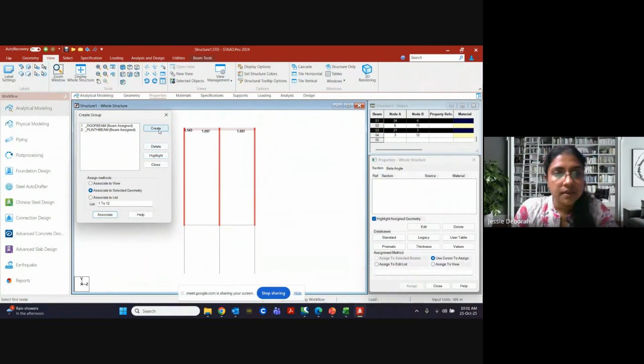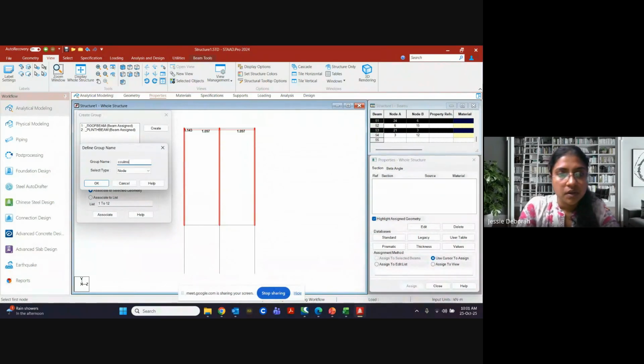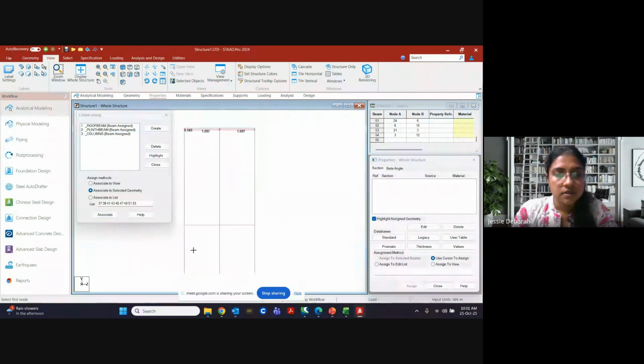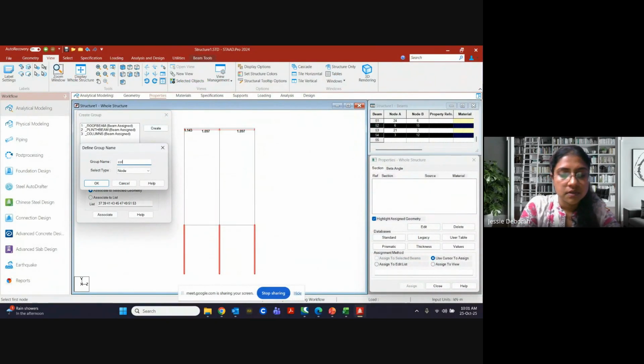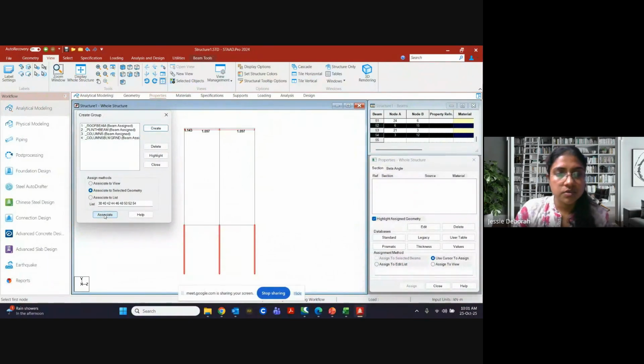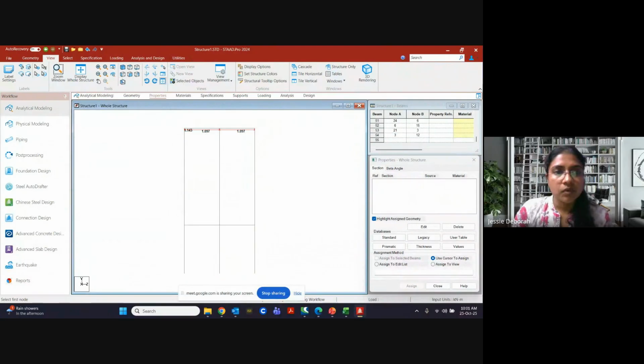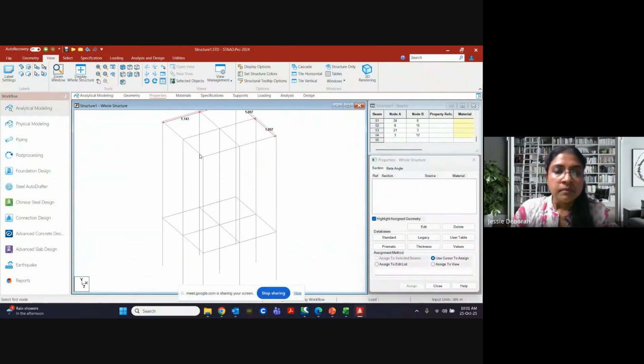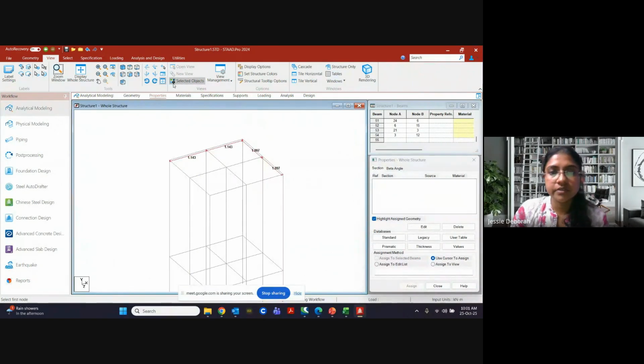This will be columns. Associate. This will be columns. Below ground beam. Okay, associate. Okay, now that we have given this, it is going to be easy for us now.